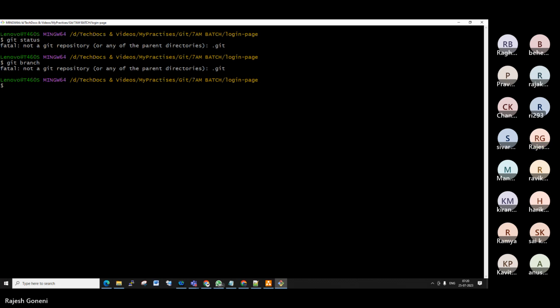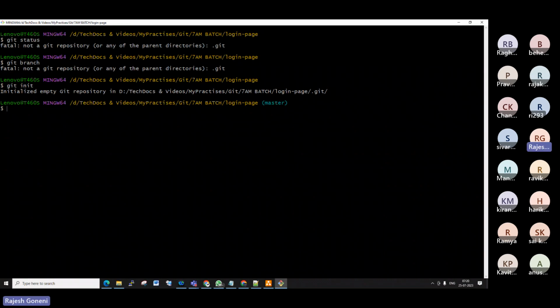So how do we provide a Git structure to this particular folder or directory? Can anyone tell me? What is the process to convert a normal folder to a local repository? Git init. Correct. The command is git init. Once you enter it,